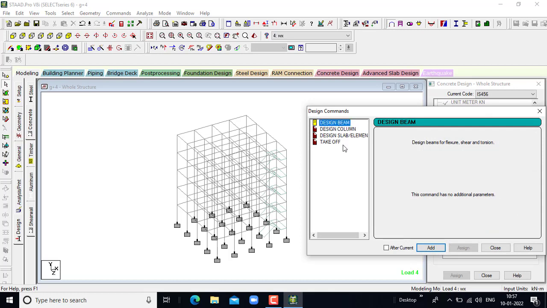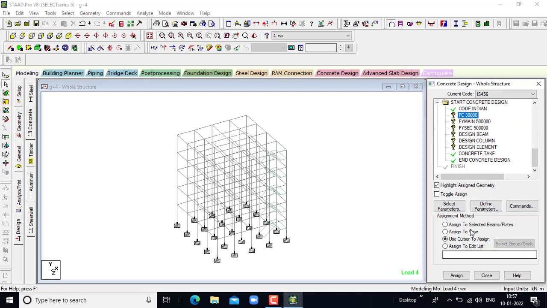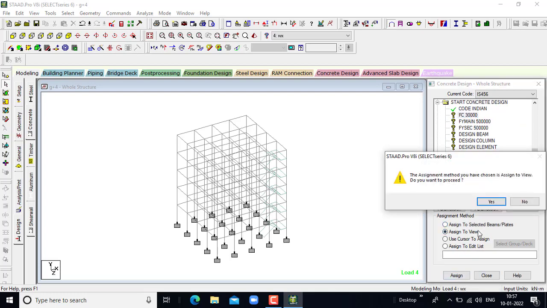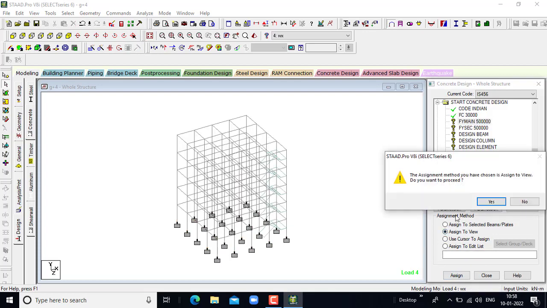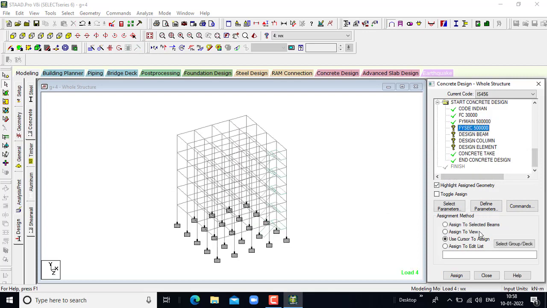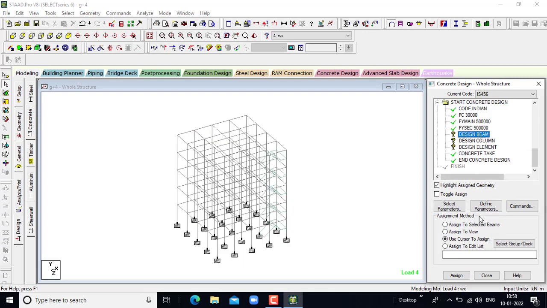Then design beam, click on add. Design column, click on add. Design slab element, click on add. Or which we could take for wind protocol. Click on add. So then it has been created. Then go for the FC, assign to view, assign. Go for the F5 main, assign to view, assign, F5 set, assign to view, assign. Then assign to design